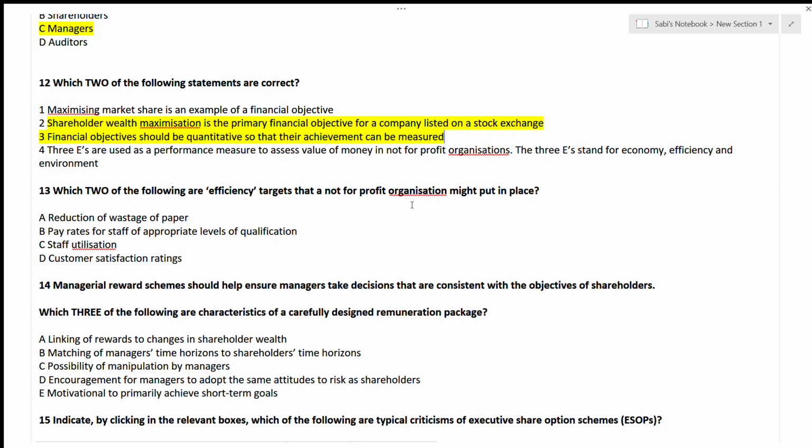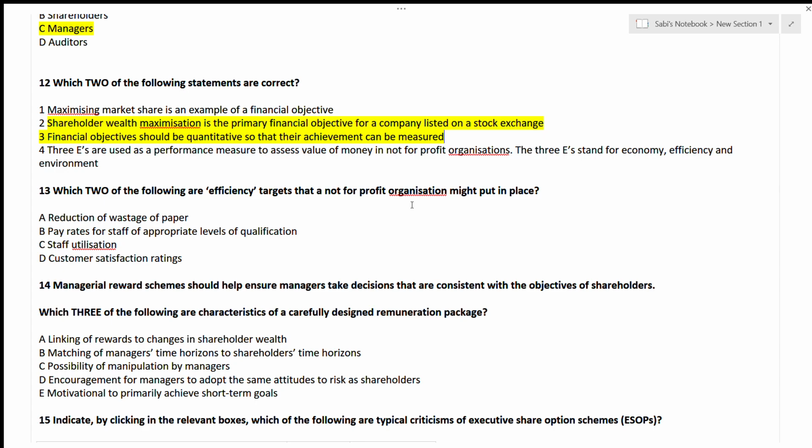it is an efficiency target. Yes. Pay rates for staff at an appropriate level of qualification, it is not an efficiency target. Then what is it? It is an economic target, right? Staff utilization, yes, it is an efficiency target. Once again, customer satisfaction rating is not an efficiency target, right? It is an effectiveness target,